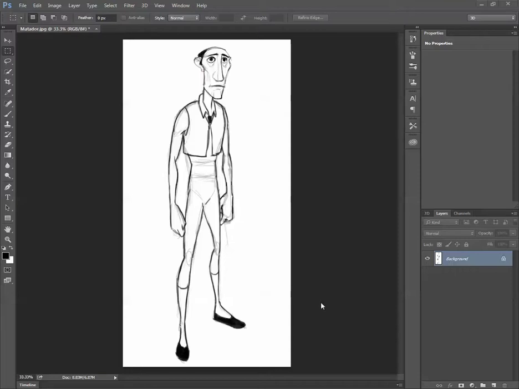It's always good to draw from scratch all the time as practice. But sometimes, if you're short for time, or if it's a particularly complex character, this can be just a handy way of doing that. So what I'm going to do is take a character that I've sketched earlier on, which